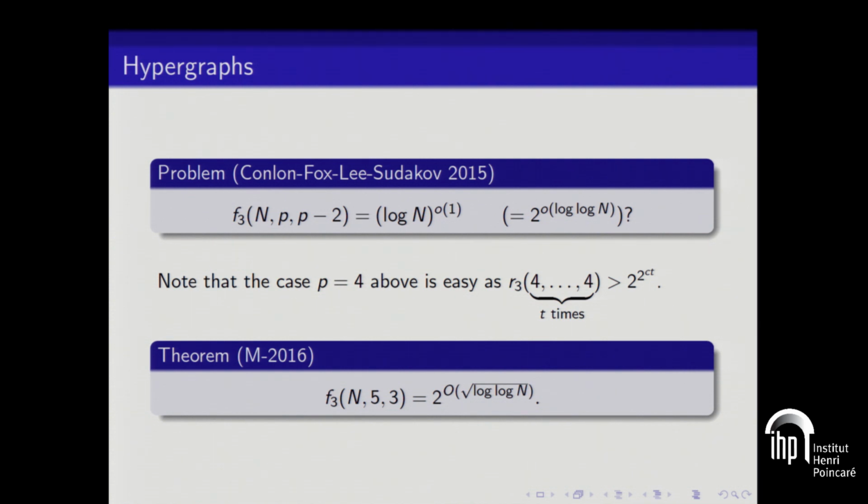So again, this last theorem that I stated is a construction, right? It's a coloring of the 3-element sets of 1 through n, where the number of colors is the right-hand side. It's a small number of colors, 2 to the square root log n. And yet it has the property that if you look at any 5 points and the 10 triples amongst them, there are at least 3 colors that you see.